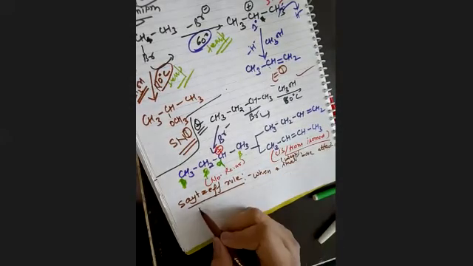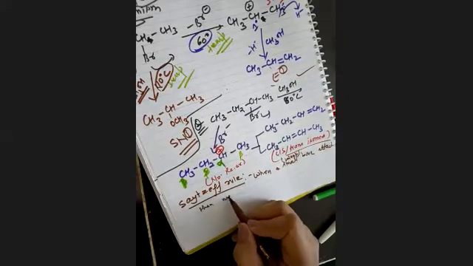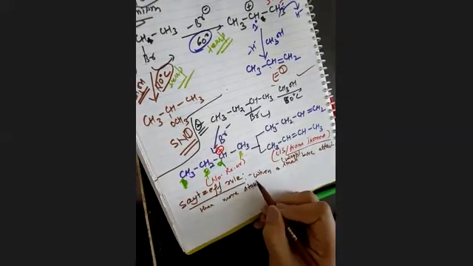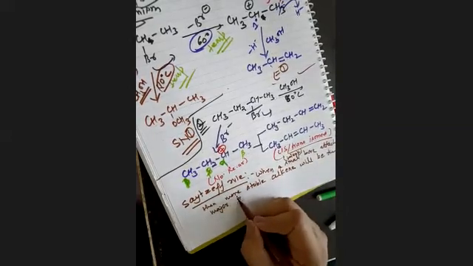When a weak base attacks, what happens? Then the more stable alkene will be the major